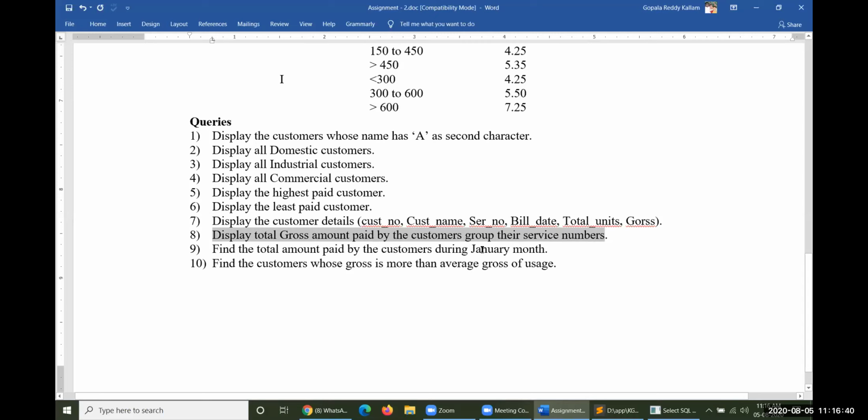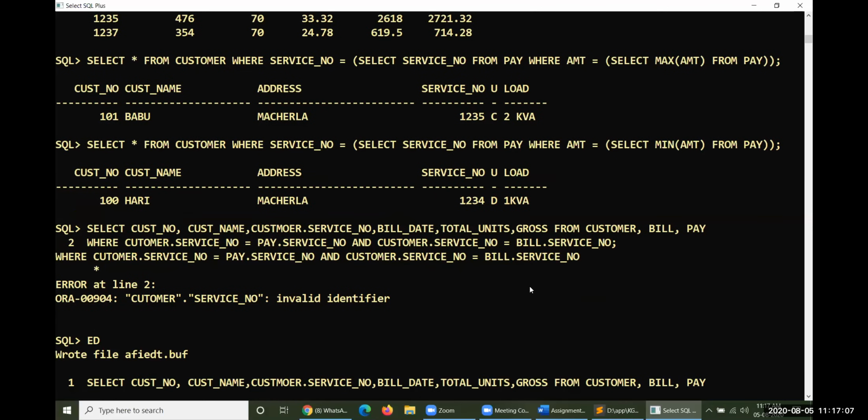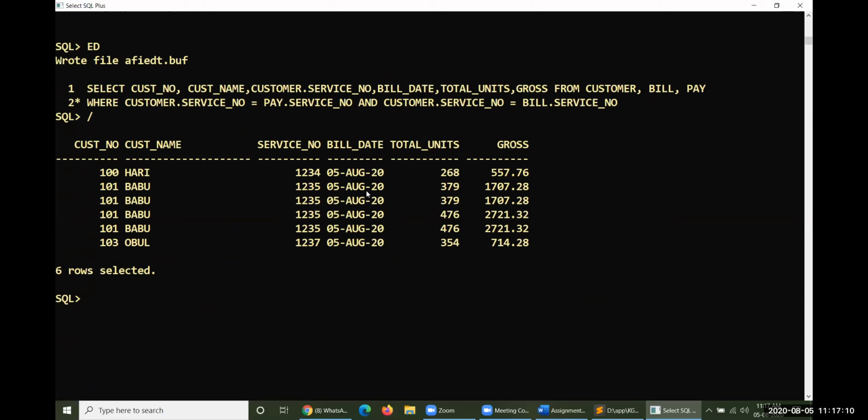Okay, and let us change this one from January to August, because we have entered this one here. And the 10th one is also not supposed to be solved here because a huge amount of data is required for it. So find the total amount paid by the customers during the month of January. Here, instead of January, we would like to make it August. So select everything from bill, where exactly we need to get the bill date.